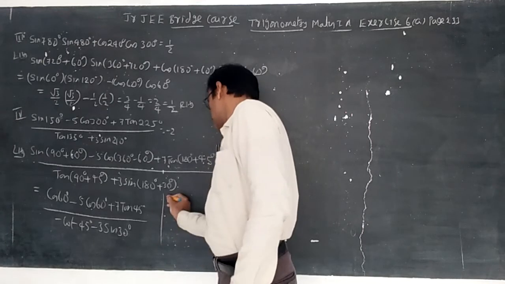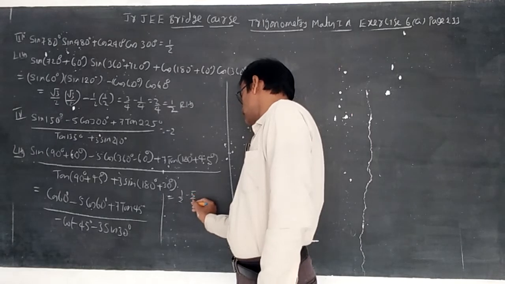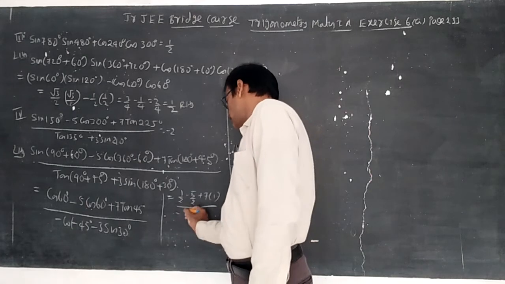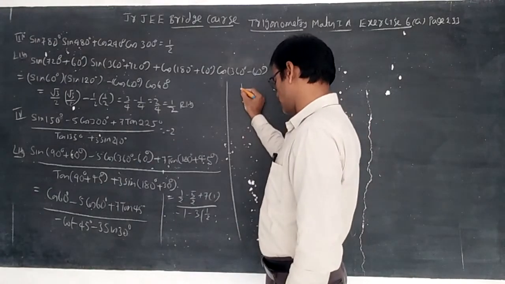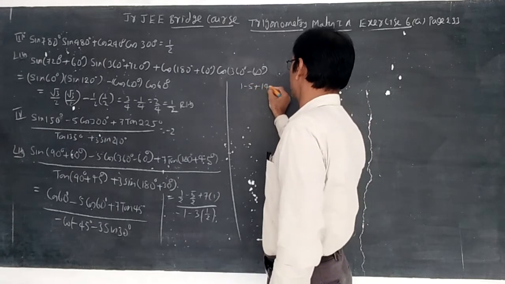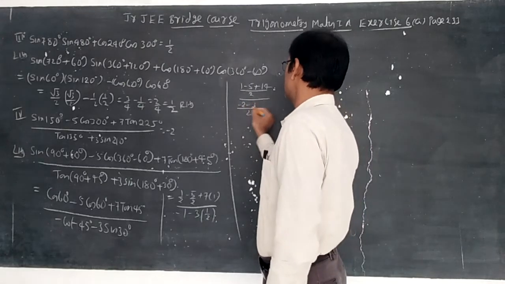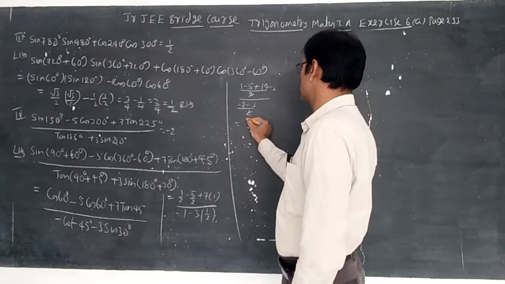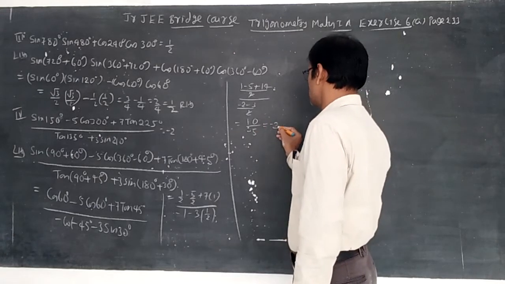Here you can find cos 60 value 1 by minus 5 by plus 7 into tan 45 value 1, whole by minus cot 45 value minus 1, is minus 3 into 1 by 2. You can write 1 minus 5, take LCM: 1 minus 5 plus 2 sevens are 14, whole by 2, whole by minus 2 minus 3 whole by 2. The 2s get cancelled. This is 14 plus 1 is 15, minus 5 is 10, by minus 5. 10 by minus 5 becomes minus 2. This is RHS.